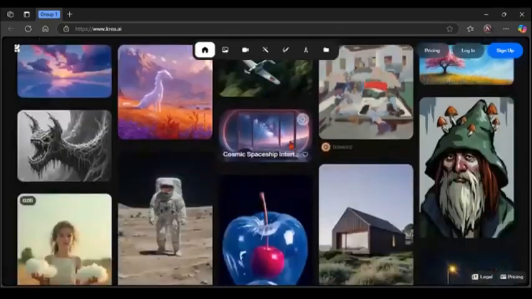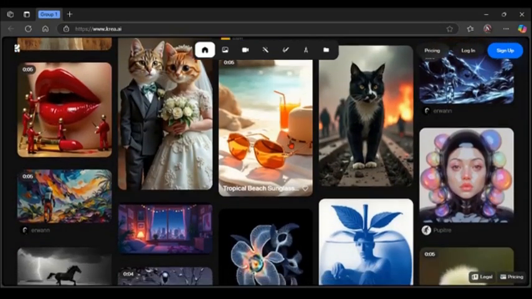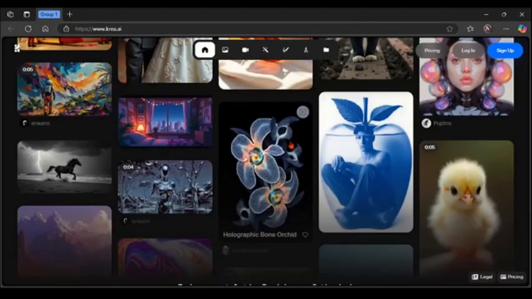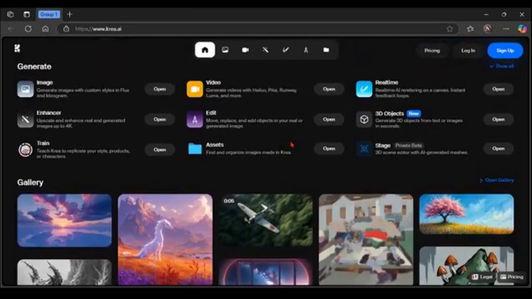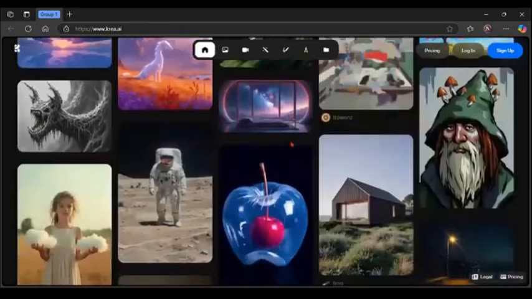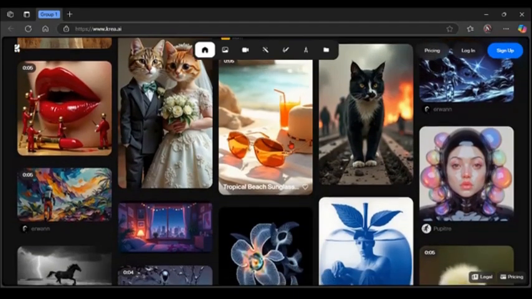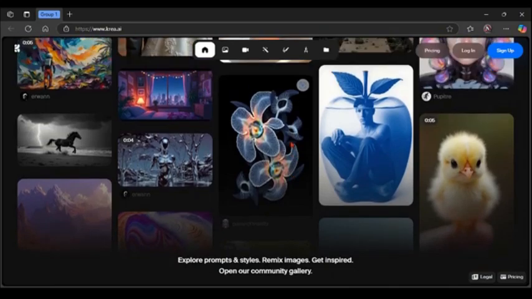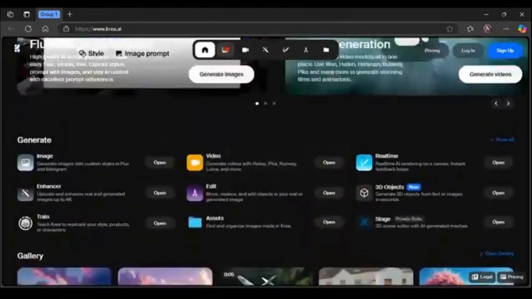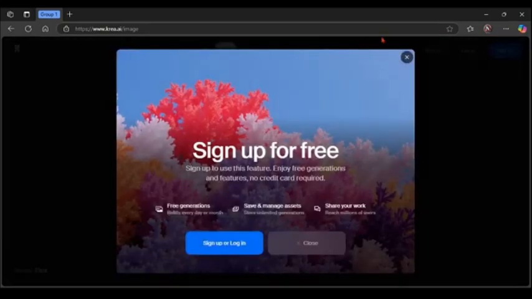Krea AI is designed for immediate visual feedback and ease of use, prioritizing fast iteration. Now let's look at the strengths of Krea AI. The first strength is real-time generation. The second is speed and simplicity. The third is interactive enhancement. And the last one is video generation or upscaling, because it offers advanced video features including real-time video upscaling to